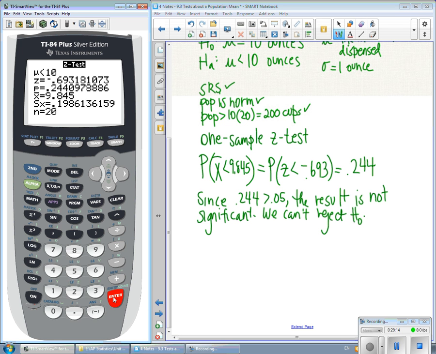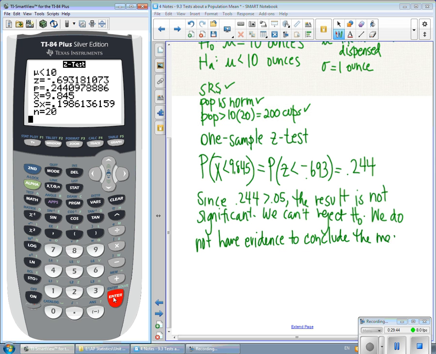And now we want to write this in terms of the context of the problem. If I can't reject the null hypothesis, that means that I can't prove that the machine is shortchanging customers, or that the mean amount dispensed is less than 10 ounces. And so you can explain that any way you want, as long as it's in the context of the problem and it's correct. So we do not have evidence to conclude